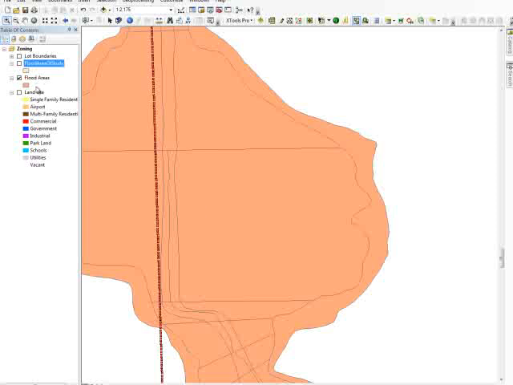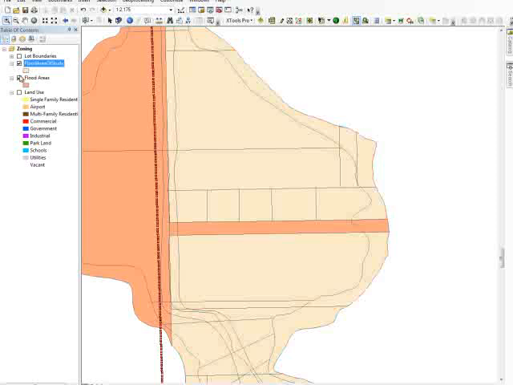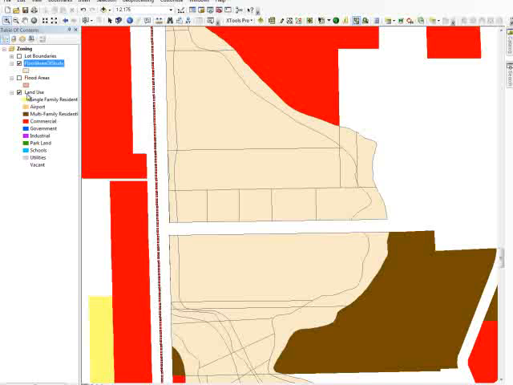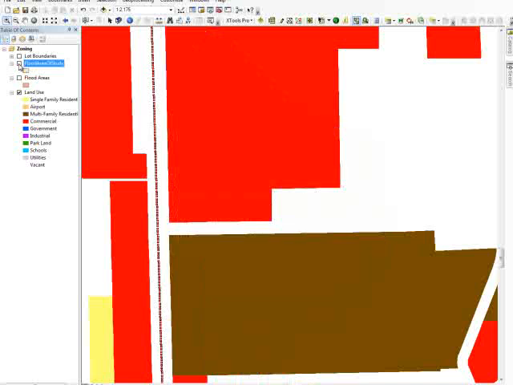This was our initial flood area, and now I'm going to turn the new layer back on. And you can see how it's got all these extra boundaries in it, where those boundaries corresponded to the parcel data that was in this land use file. If I turn that on, you can see that. I'm going to turn the flood areas off, and now I've got just the land use on and the flood area of study. And I'm going to turn the flood area of study off so you can see, and it's a little confusing because the land use area, they have hidden